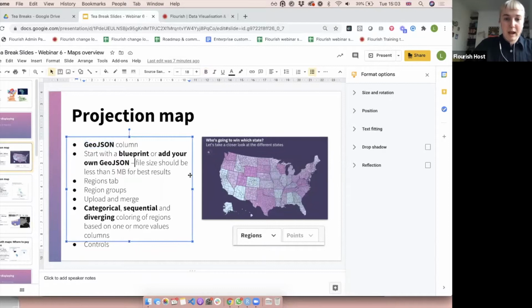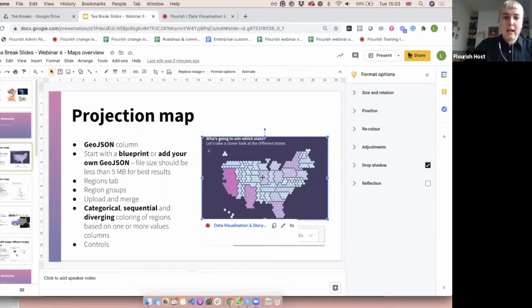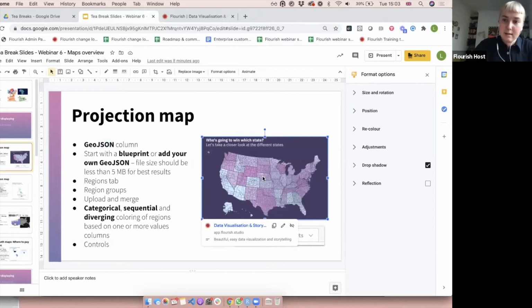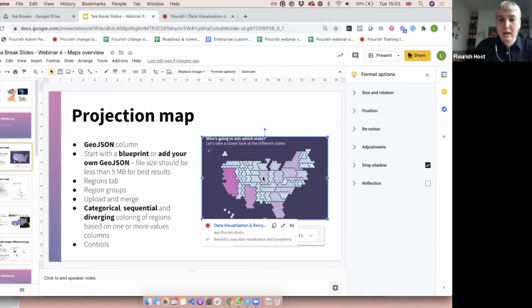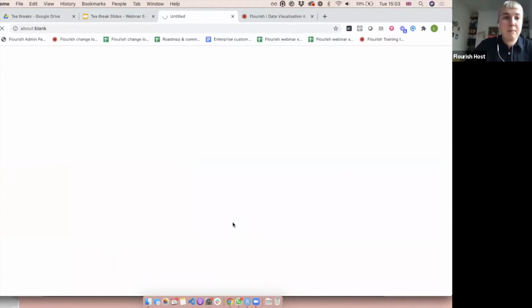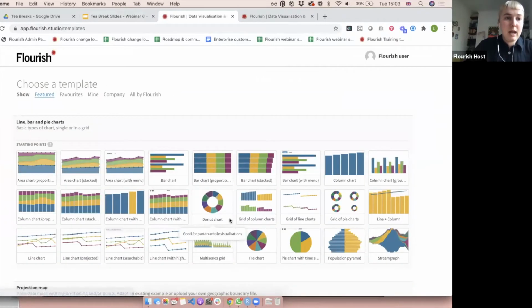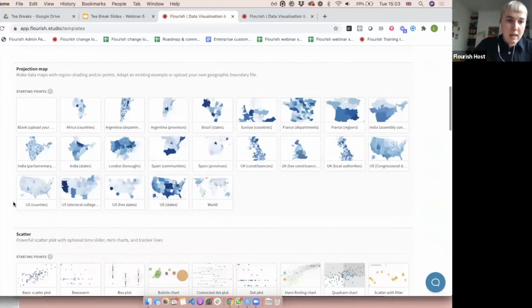And I will just show you what that looks like in our projection map template, because that is one of the templates that takes data in GeoJSON format. So I'll show you what that looks like in the app. I'm just going to head over to our templates page. That is the page that you arrive at when you click new visualization. And then you can already see it here. We have all these different starting points. And if I just select one of these now,